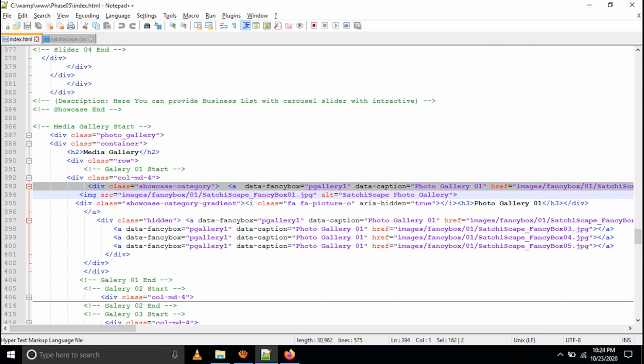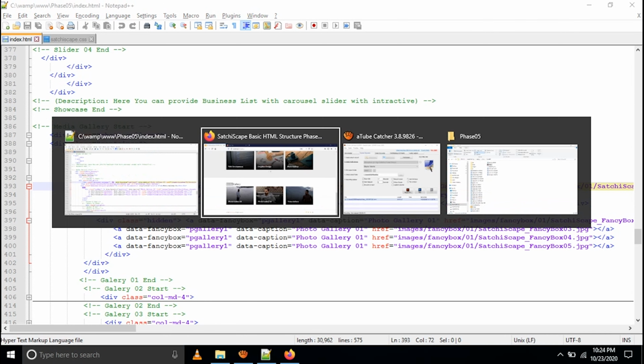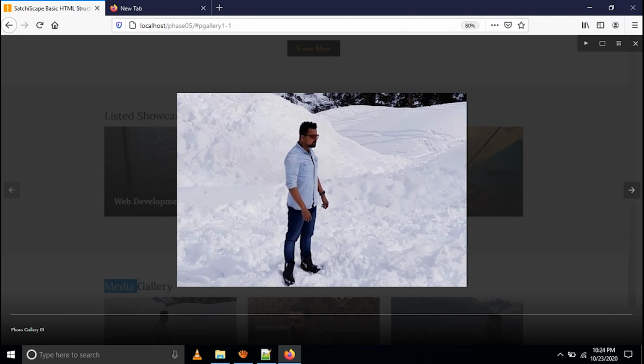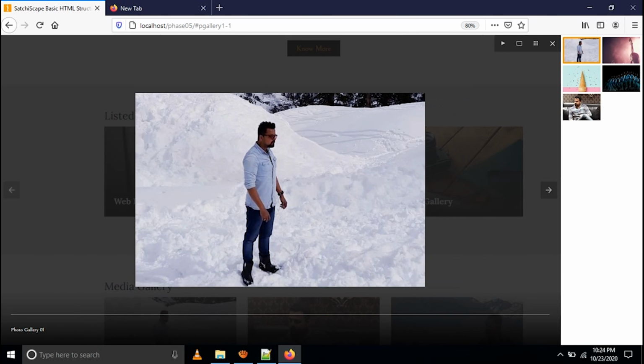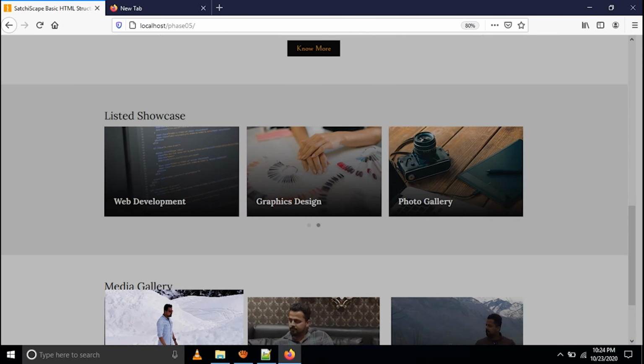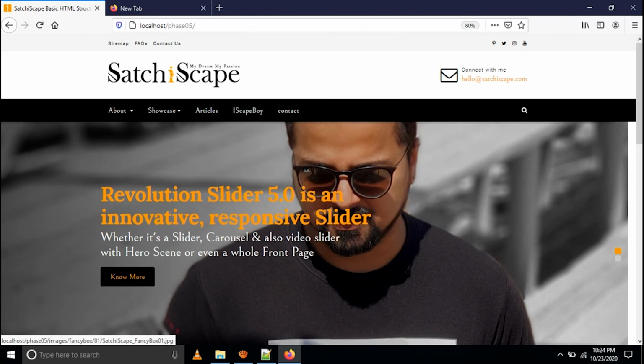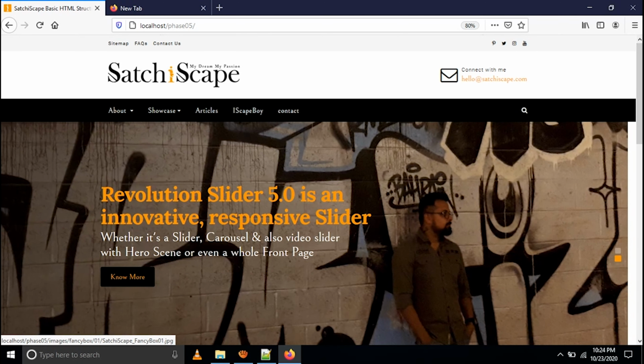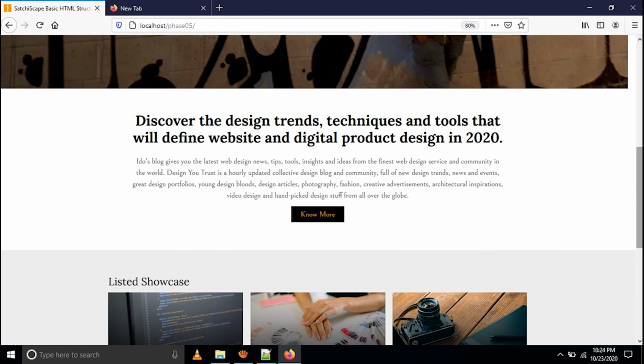If you are writing like this, it will not affect your code. But if you write PG gallery 1 everywhere, and down below also PG gallery 1, all photos will combine and it will show you when you click this one. It will show you here in the thumbnails everything. All the photographs will come. But you don't want to show your 2020 album the 2019 photos, right? So you have to categorize by album.